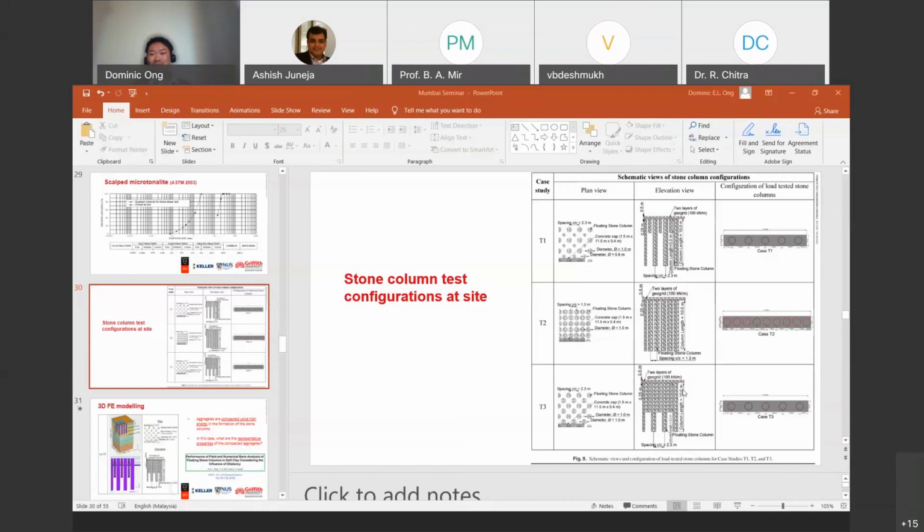So what I'll actually say, a long story short, is that they finally choose the T3 in terms of design that actually gives them the best performance, as well as in terms of cost. Okay, so in the end, they actually adopted T3